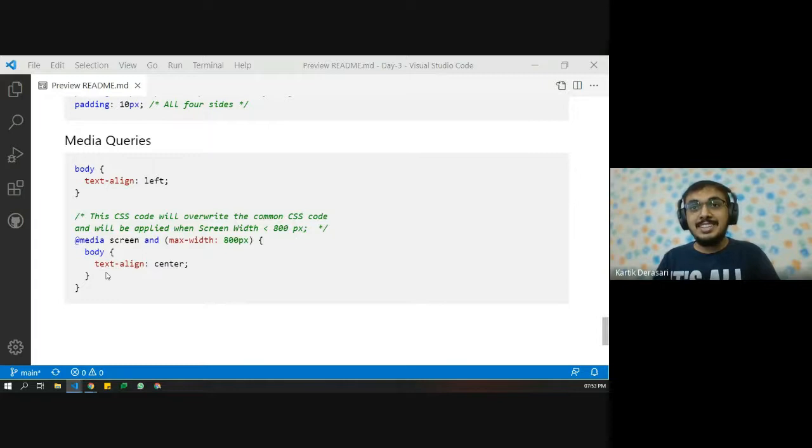So it's tricky and difficult to write CSS and design a perfect layout and structure for all kinds of screens. But this is where we use media queries.